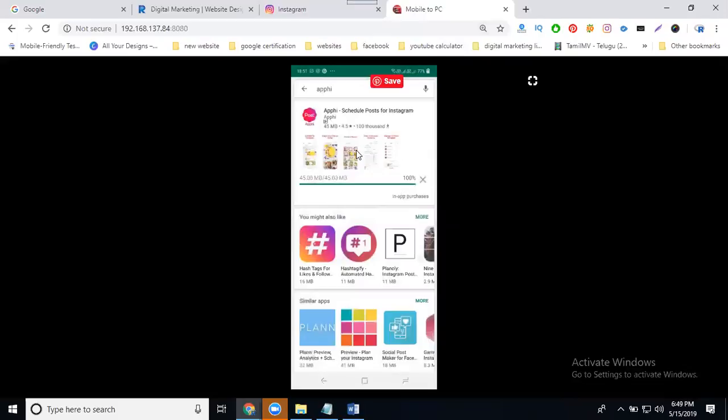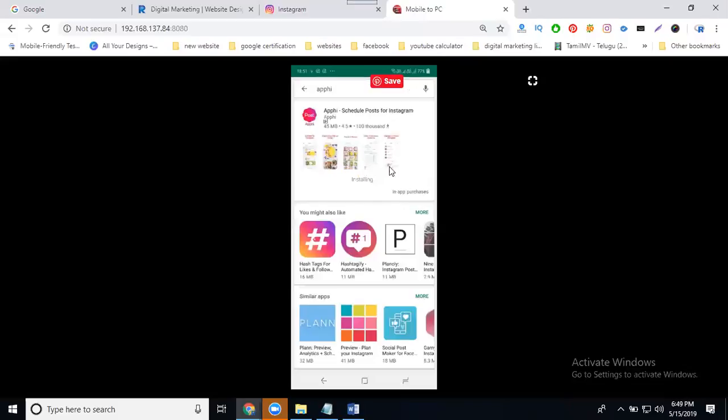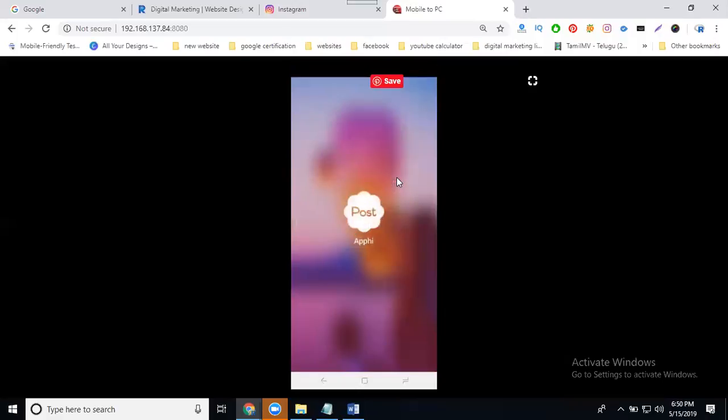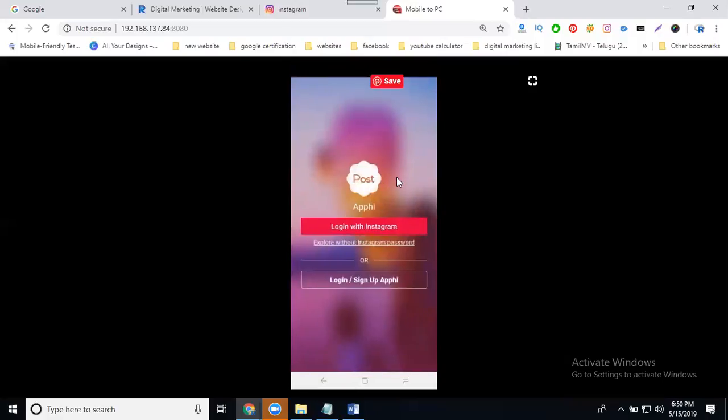So once you install this application, this will schedule posts on your particular account. So it will be installed. Now, once the install is finished, click for open. This APPHI is used by most of the people for Instagram schedule post purposes. Now click, what is that? Login with Instagram. So select here